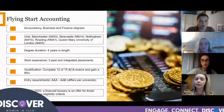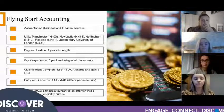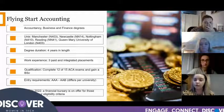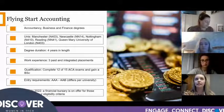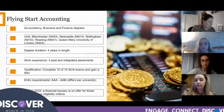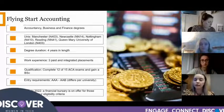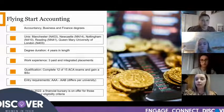That is to come out, like I say, by the end of doing so many ACA exams to become a fully chartered accountant. So the structure is the first year you stay at university for the full year, you're just doing your training. And then from the next 3 years onwards, you come on 3 paid and integrated placements with us. The first two are only a set amount of time, and then the last one is quite a majority of your year. They're really good because you get hands-on with clients. I think in this program, you're included with looking at a client's financials and checking that they're true and fair, like the audit practice does. So you're going to